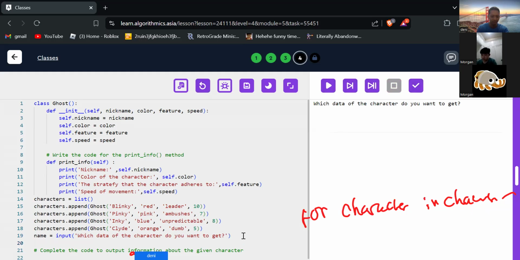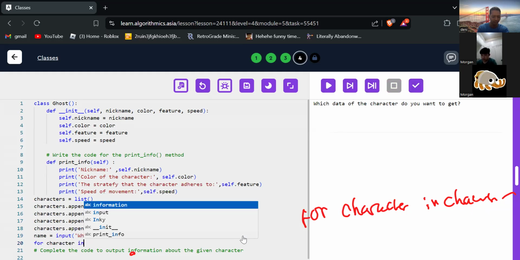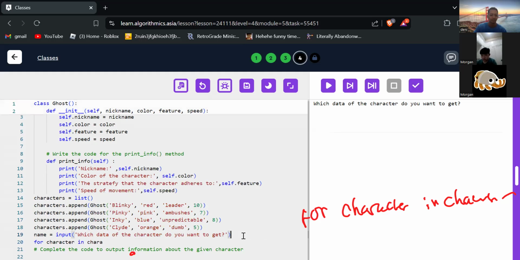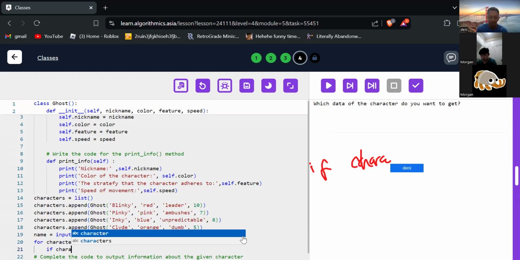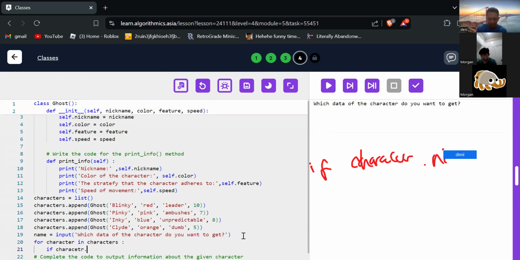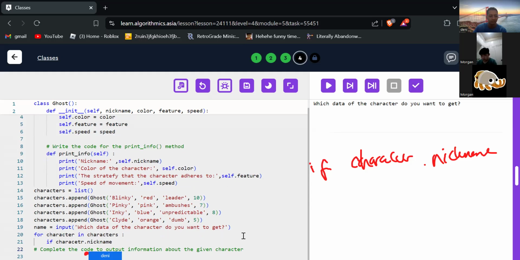Characters, using S. Then colon. If character dot nickname, I think there is an empty space.